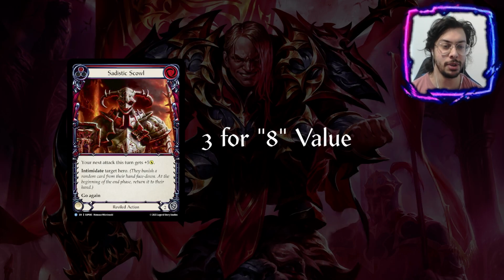And I think this is probably one of the other cards that sort of broke Talk a Big Game. So, Sadistic Scowl, nice 3 red. Next attack this turn gets +5, intimidate the target hero, go again, making this essentially a 3 for 8 value. You get +5 off the card itself, and you get that intimidate trigger to basically try and -3 from your opponent's hand. Now, of course, being intimidate, they will get it back at the end phase, but still it can